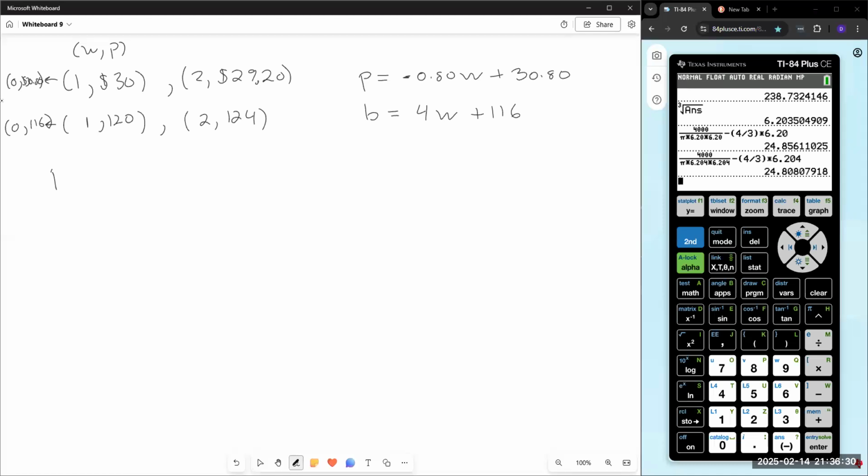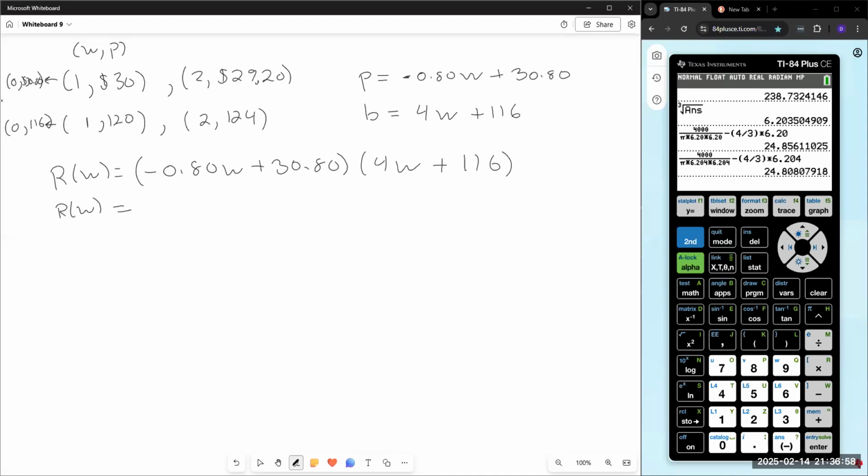So R of W is going to be equal to negative 0.80 W plus 30.80 times 4 W plus 116. If I multiply all that out, R of W